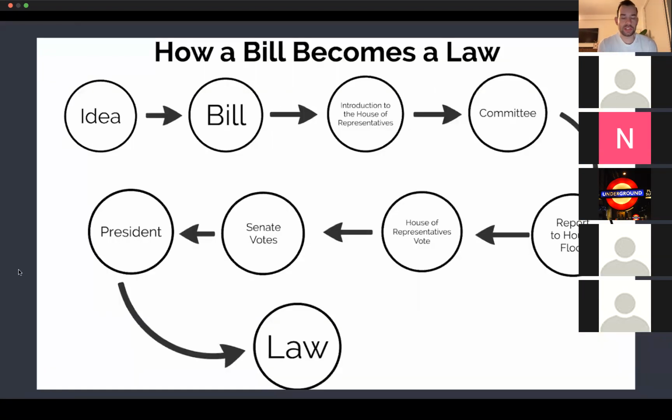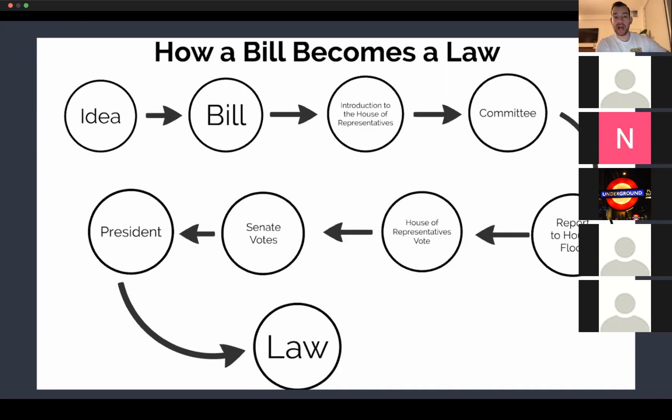Here's a simplification of how a bill becomes a law, but it's going to illustrate how this compromise needs to happen. When we're thinking about a bill, somebody first needs to come up with the idea of it. Then that bill needs to be introduced to either the House or the Senate. It can really start in either place. It usually does start in the House of Representatives, but it can start in either place. Then it goes into whatever committee is assigned to work on it. All those staffers, there could be 50 of them, and those representatives work collectively on a proposal. So they're writing the bill there, and it's a collective effort.